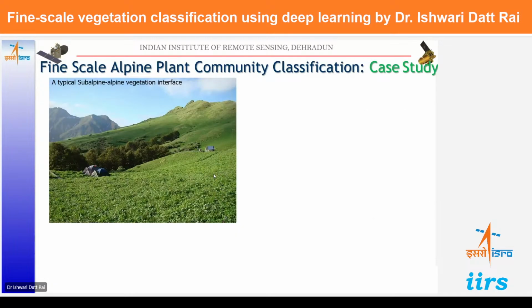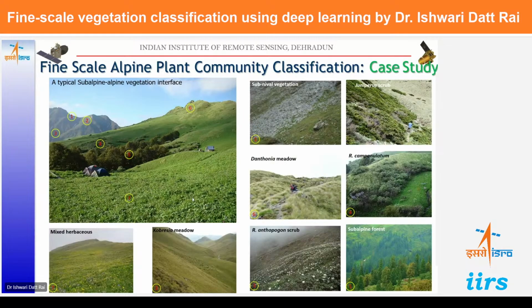So for this, we selected one of the landscapes with very complex terrain as well as very high heterogeneity in the alpine plant community. This is one of the landscapes in the Western Himalayan region, part of the Greater Himalayan National Park in Himachal Pradesh. And in this photograph you can also see different communities, how they are adapted to very microclimatic conditions. Within a very short distance the community changes according to the slope aspect and the availability of soil moisture on the ground. So in this we can see almost 6 or 7 communities distributed within a very